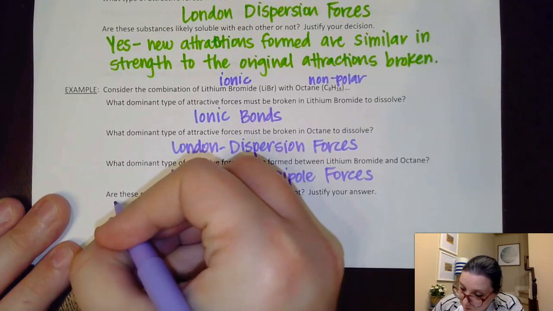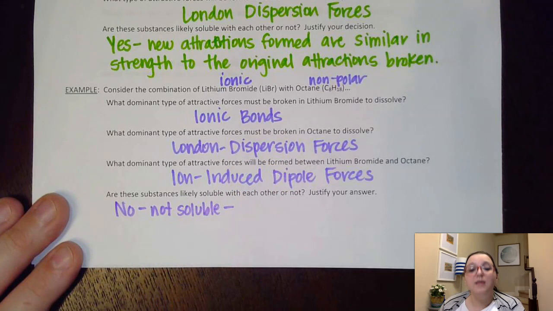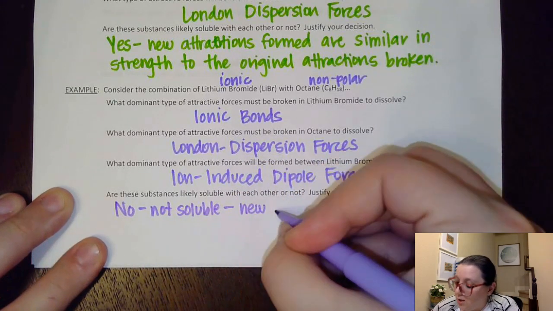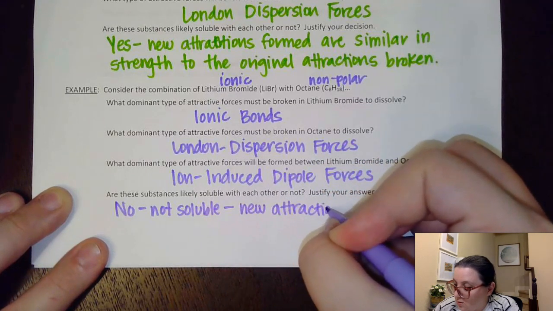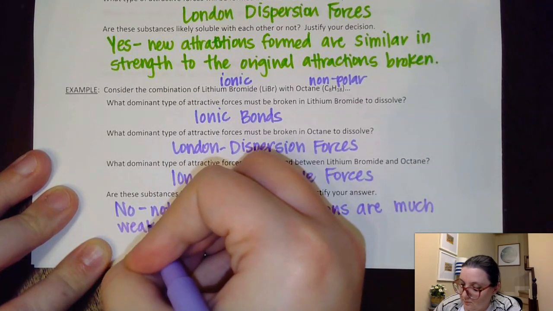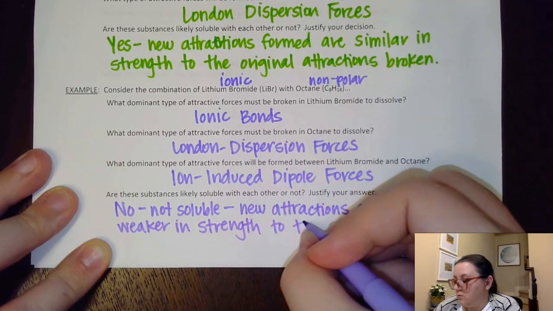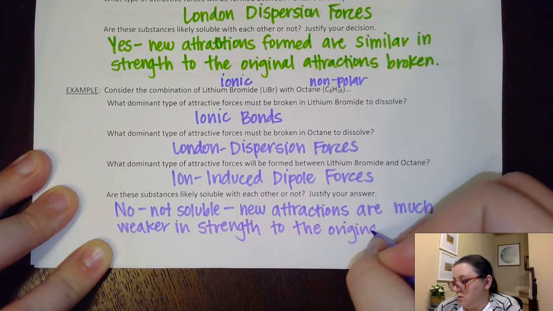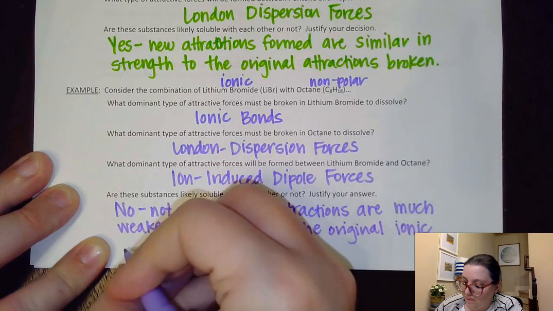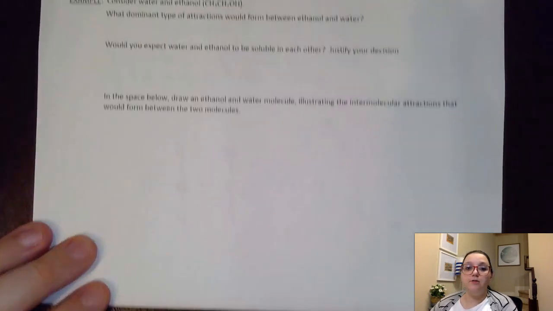The answer is no, they are not soluble. And the reason why is because the new attractions are much weaker in strength to the original ionic bonds. Again, I'm not willing to trade my super strong ionic bonds to go form weaker attractions with something else. Not gonna happen. All right, so with that said, the next page has some other examples that are very similar to this,